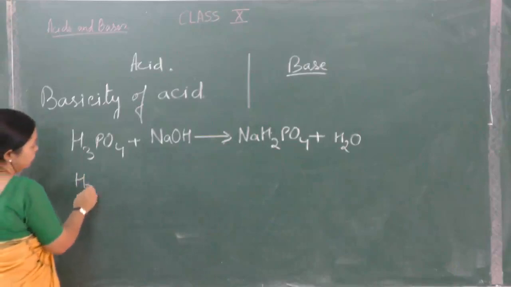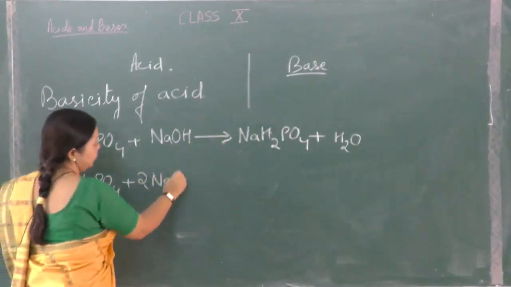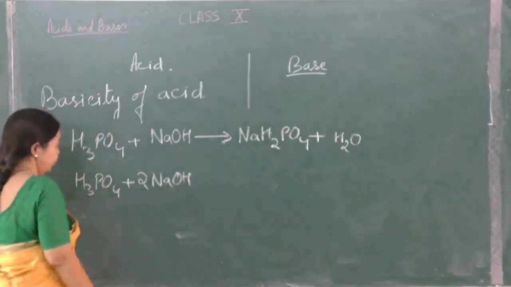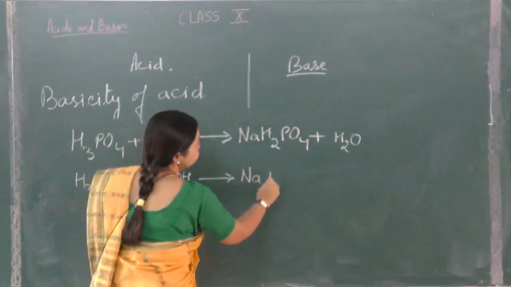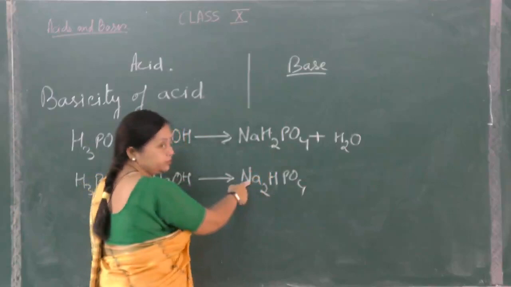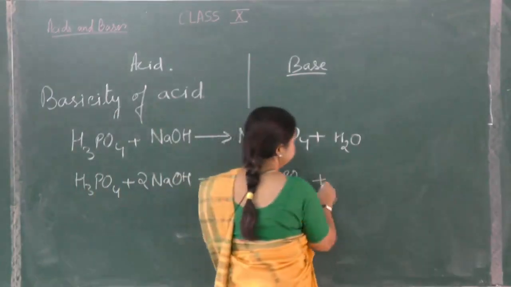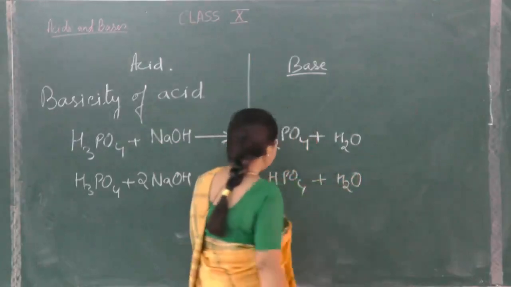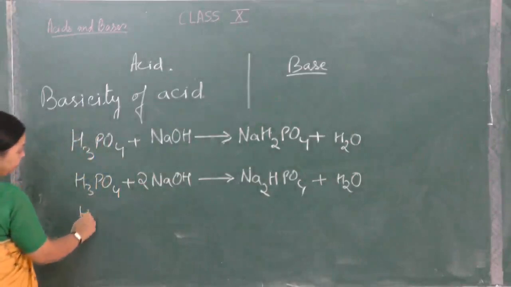When this H3PO4 reacts with 2 molecules of NaOH, then it will form Na2HPO4. See, another hydrogen is replaced by sodium, but 1 hydrogen is still left. This plus H2O. Again, there is 1 replaceable hydrogen. So H3PO4